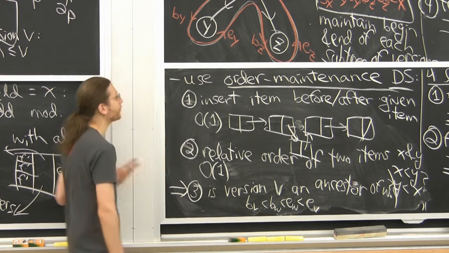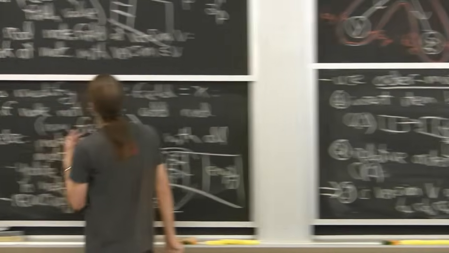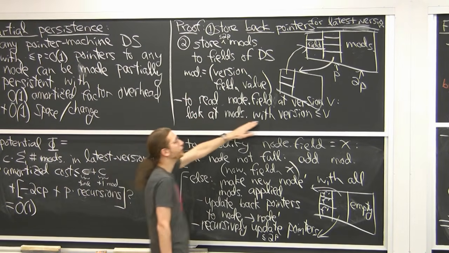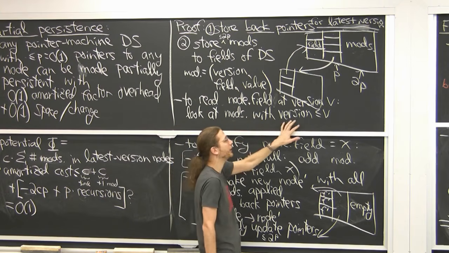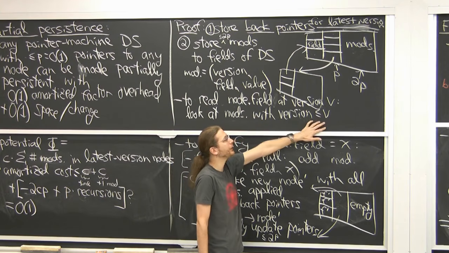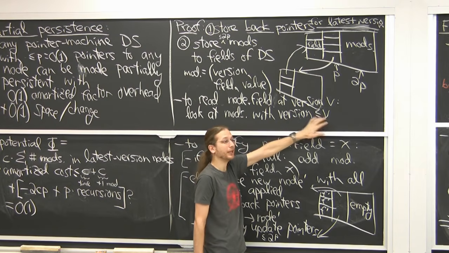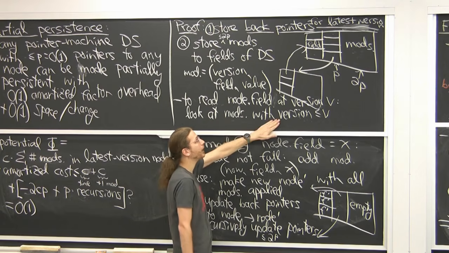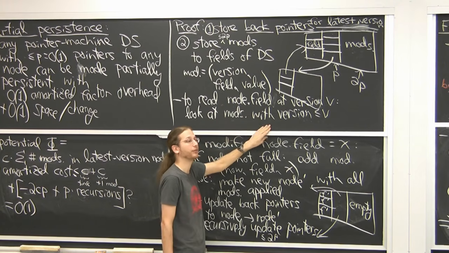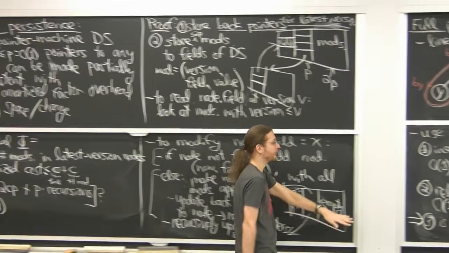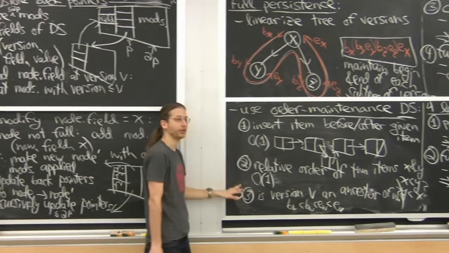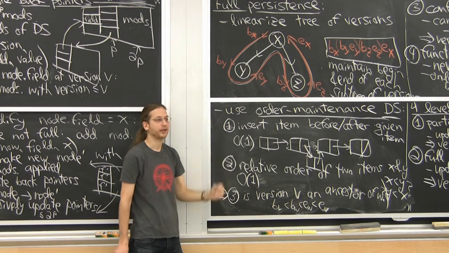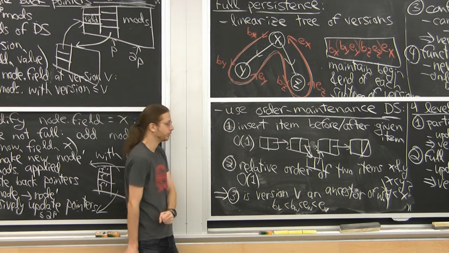what this tells us, right? What we care about here is reading fields. When we read a field, we said, oh, we'll apply all the modifications that apply to version V. Before, that was a linear order, so it's just all versions less than or equal to V. Now, it's all versions that are ancestors of V. Given a mod, we need to know, does this mod apply to my version? And now I tell you, I can do that in constant time through magic. I just test these order relations. If they hold, then that mod applies to my version.